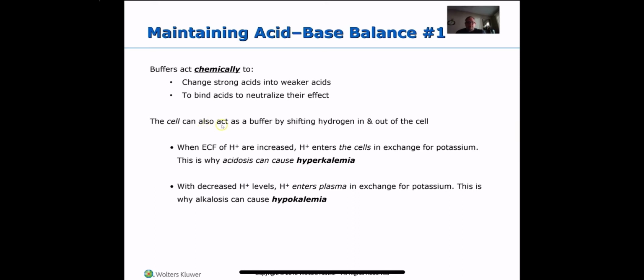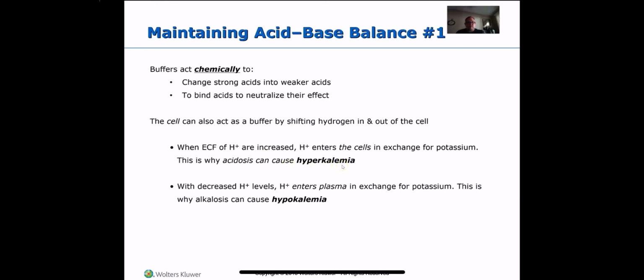So buffers, like I said, act chemically to change strong acids to weaker ones, and they bind to acids to neutralize their effect. Cells can actually act as buffers themselves by shifting hydrogen in and out of the cells. So if you are acidic, your cells will absorb a hydrogen ion, and when they do that, they excrete a potassium ion. So you have to worry, if your patient is going into acidosis and has increased hydrogen, about